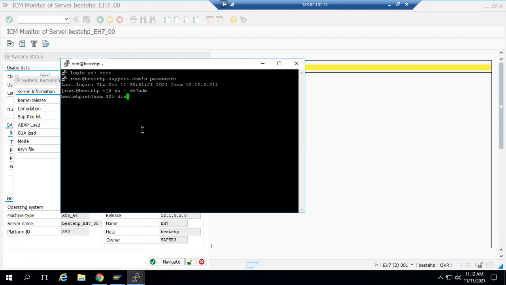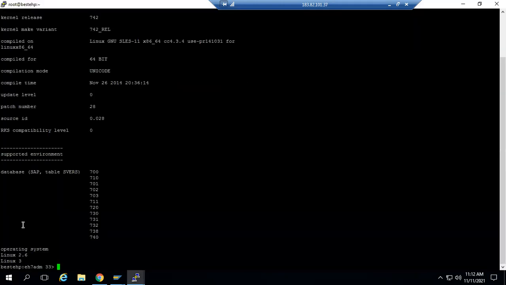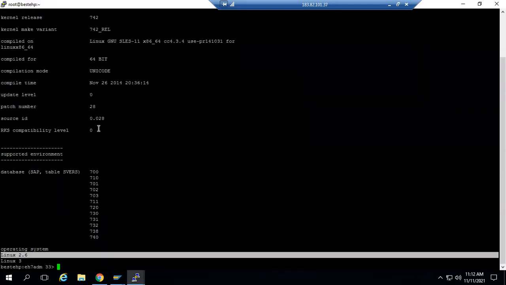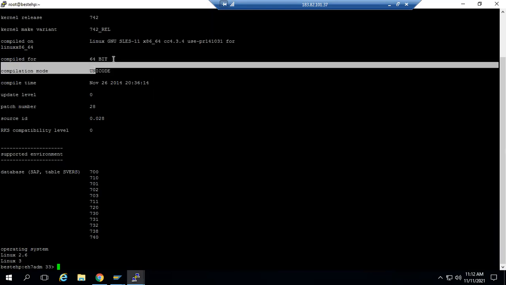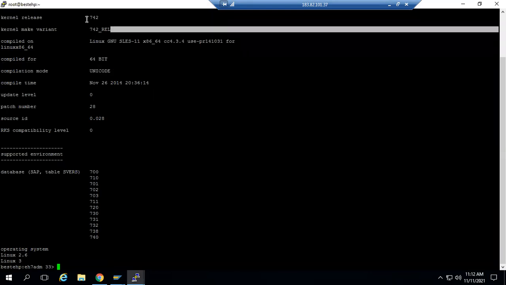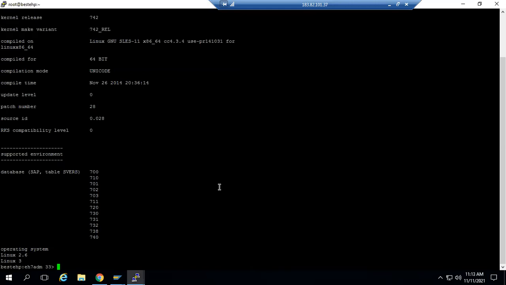And here run disp+work. Here you can see Linux is the OS, the patch level, Unicode system, 64-bit, 742. So these are the different ways.